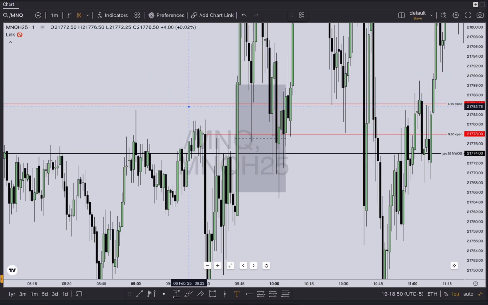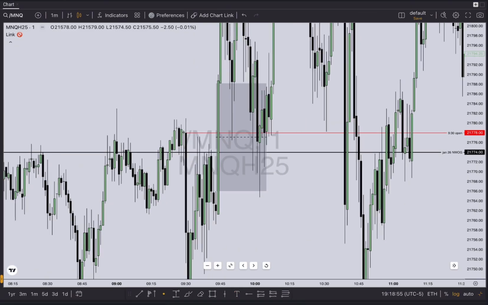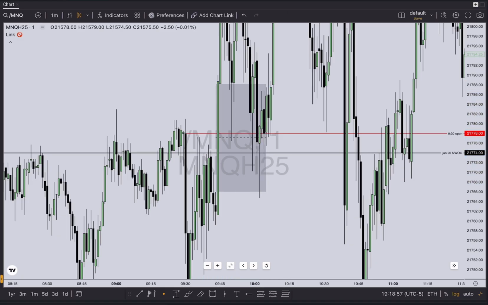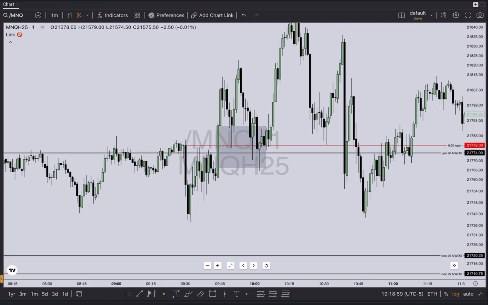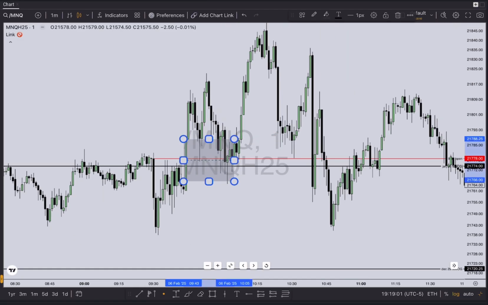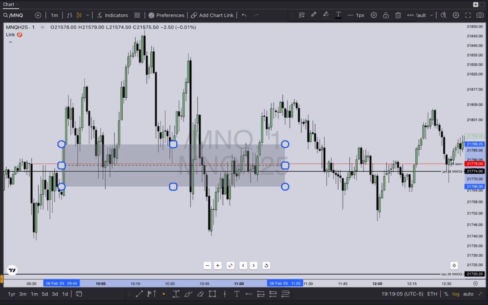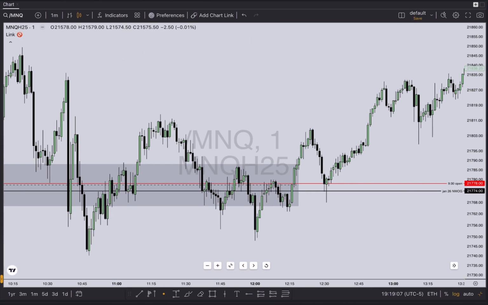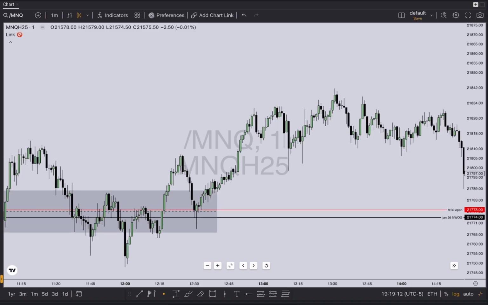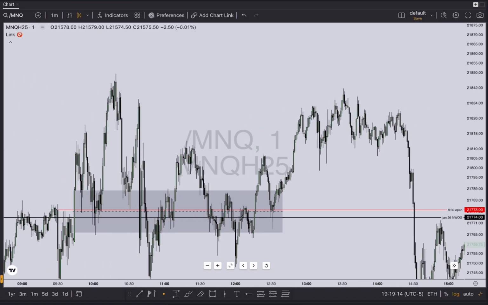Now we go back to the normal chart. So this is the first presented fair value gap. Okay, and now we can see how price respects it throughout the session or throughout the day. Consolidates in it here, respects it one last time,